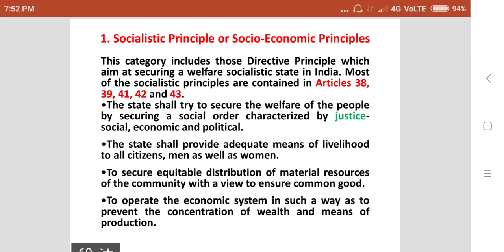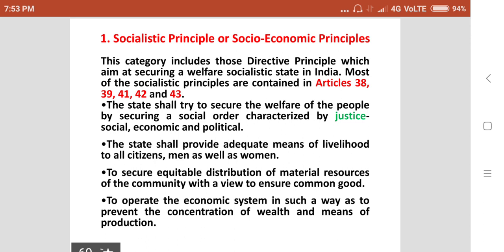The state shall try to secure the welfare of the people by securing a social order characterized by justice, social, economic, and political. The state shall provide adequate means of livelihood to all citizens, men as well as women,